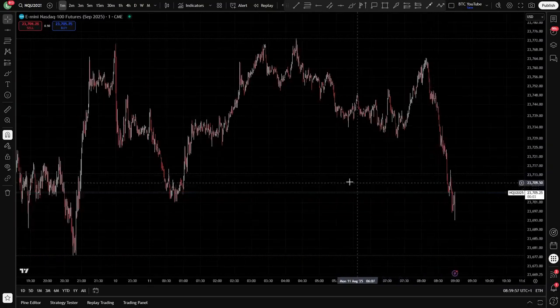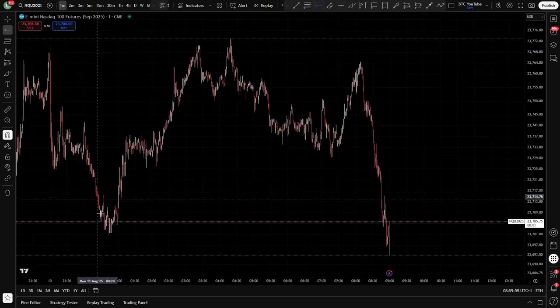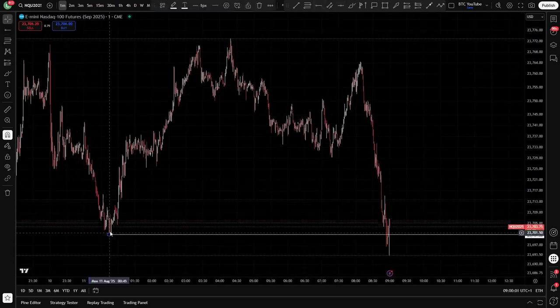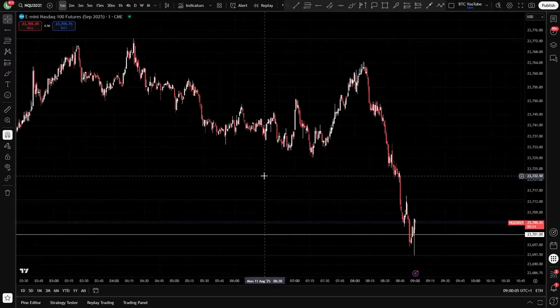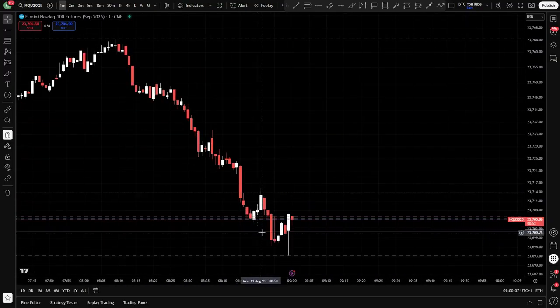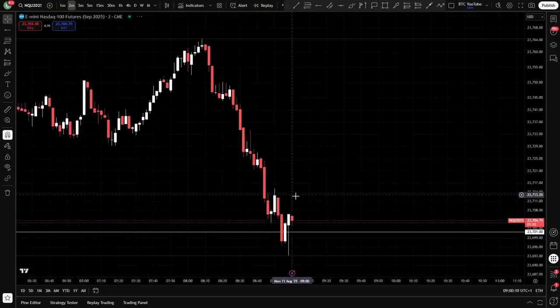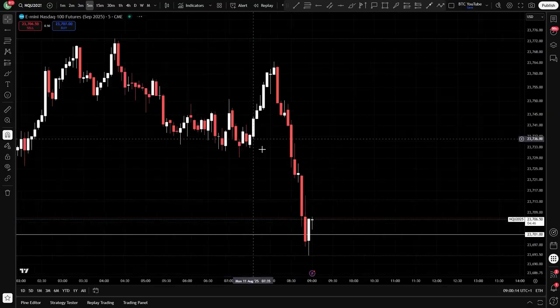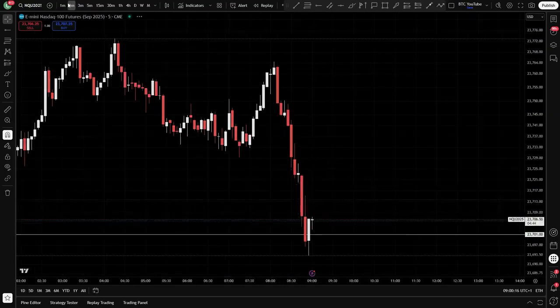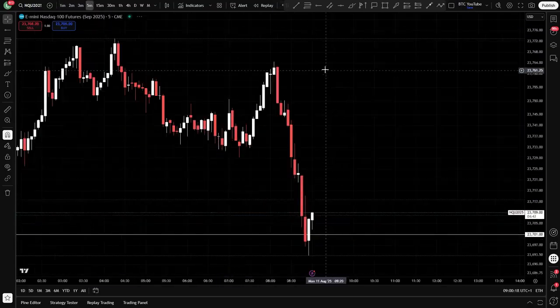Interestingly enough, right now we do actually have a liquidity sweep of this low here, this Asia low for NQ right now, which could potentially give us a trade. There's no clear and obvious fair value gap here, sadly, but this potentially could have been a good trade. When there's no obvious fair value gap, I usually just wait for a larger time frame gap, like maybe this